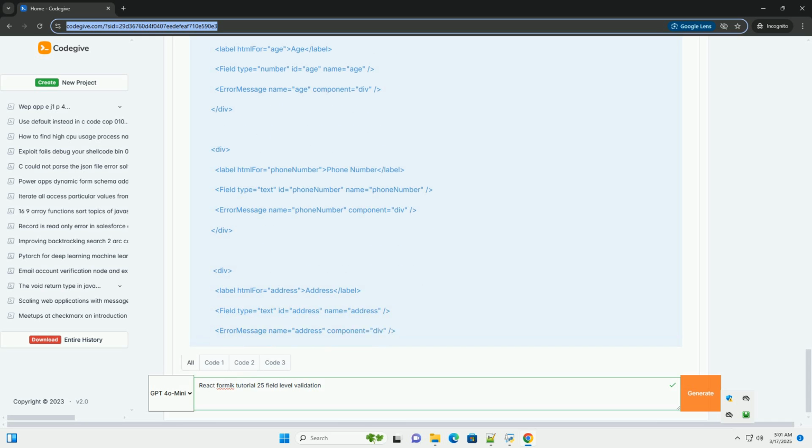Explanation. 1. validate function: this function takes the form values as an argument. 2. errors object: you create an errors object. The keys of this object correspond to the field names, and the values are the error messages. 3. Custom logic: inside the validate function, you can write any JavaScript logic you need to perform your validation. 4. Return errors: return the errors object. If the object is empty, it means there are no